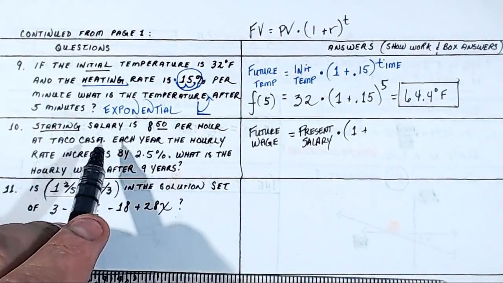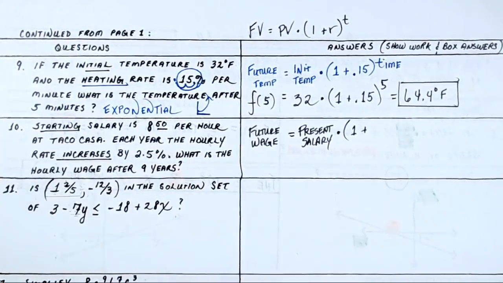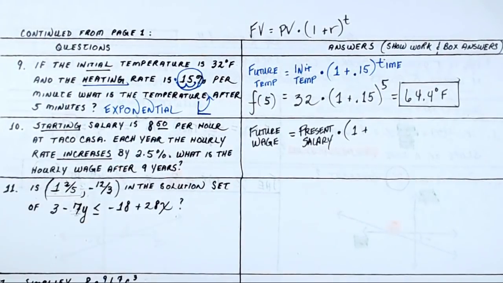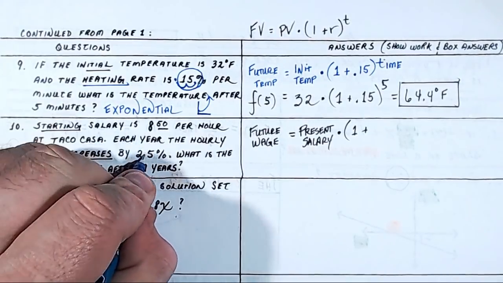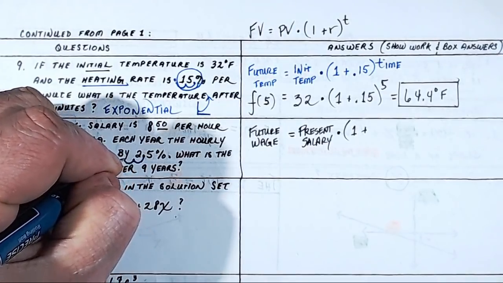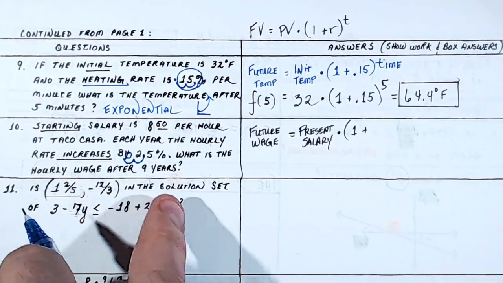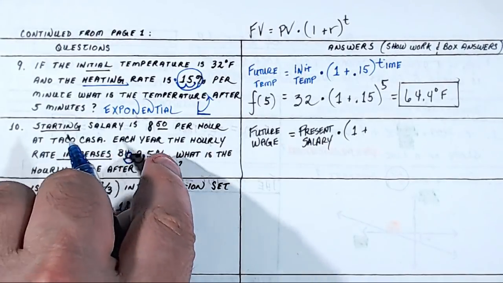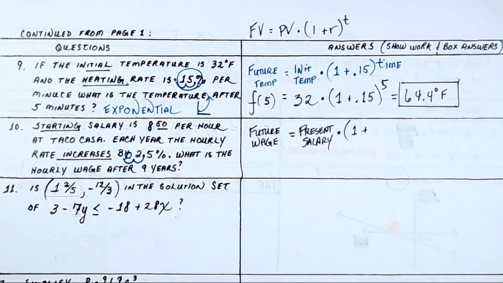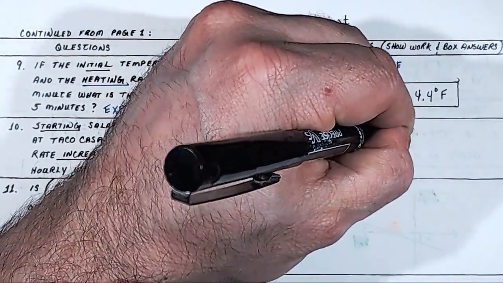Well, the growth rate here, because it's increasing, it's a growth rate, is 2.5%. So I've got to change that to a decimal. Put your pen or pencil on the decimal and move to the left 2 places. So you're going to have to put a 0 in there. So it's 2.5% is 0.025. So I'll put here 0.025,